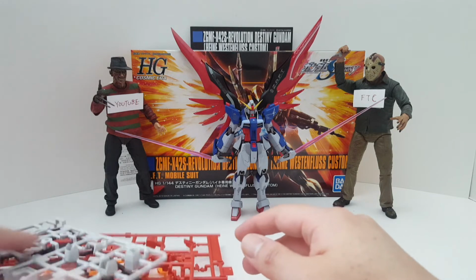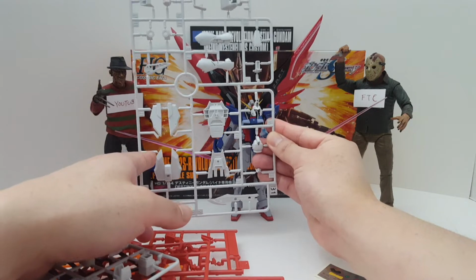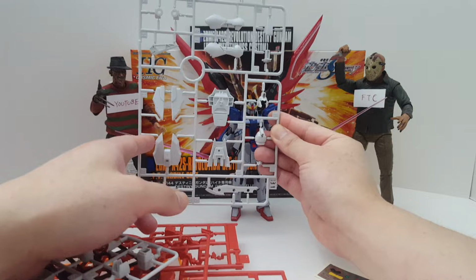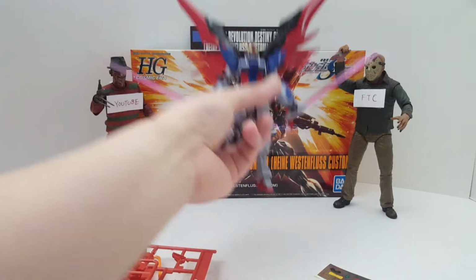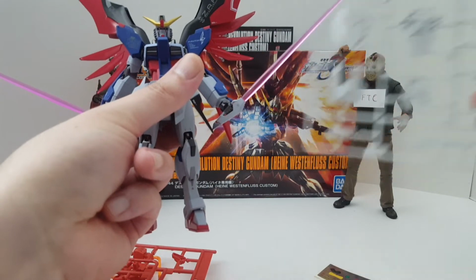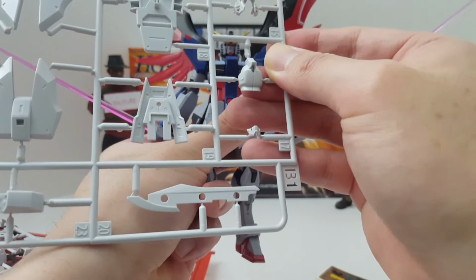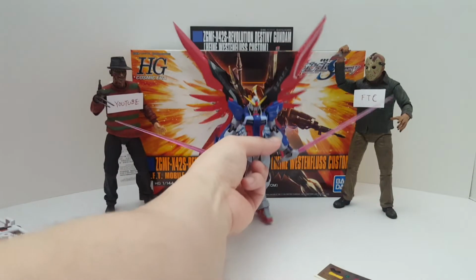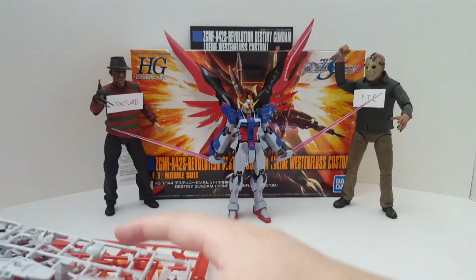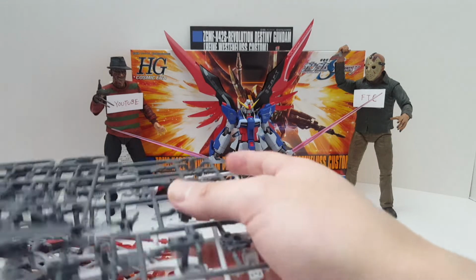Let's look at the head size. Well, the head size is actually about the same. I think they are very close in scale. The head on the Metal Robot Damashi is slightly wider, but I say they should be close enough in size. It shouldn't be a humongous difference. I think this guy is in 1/144 scale. I actually really like this figure. I kind of want to keep it, but